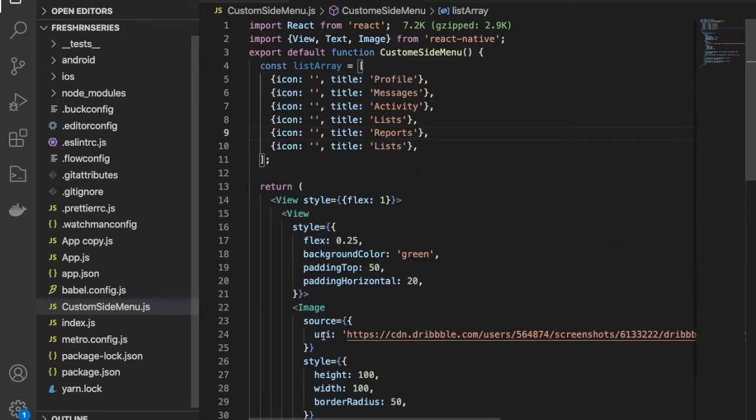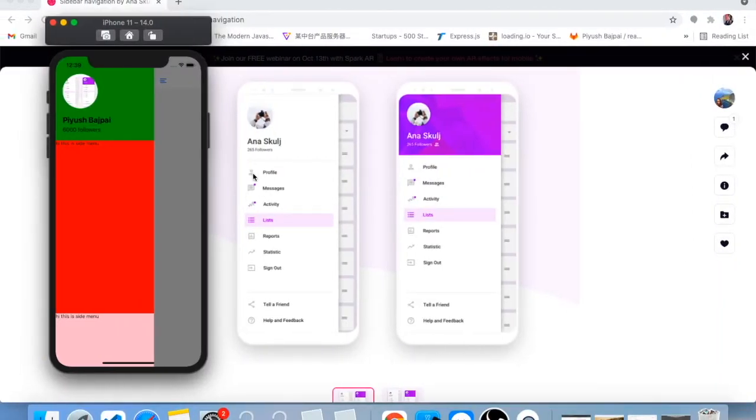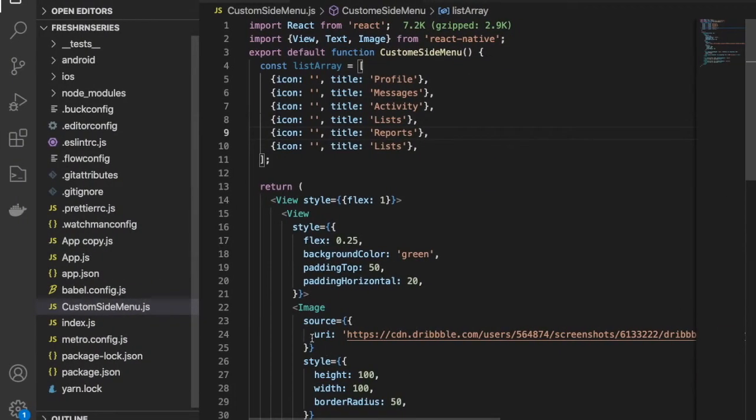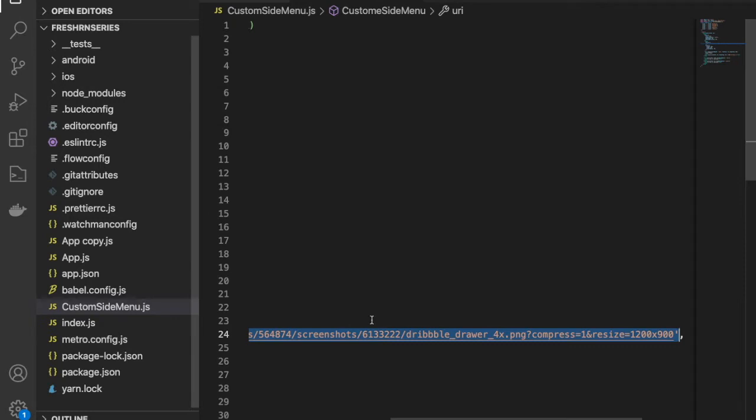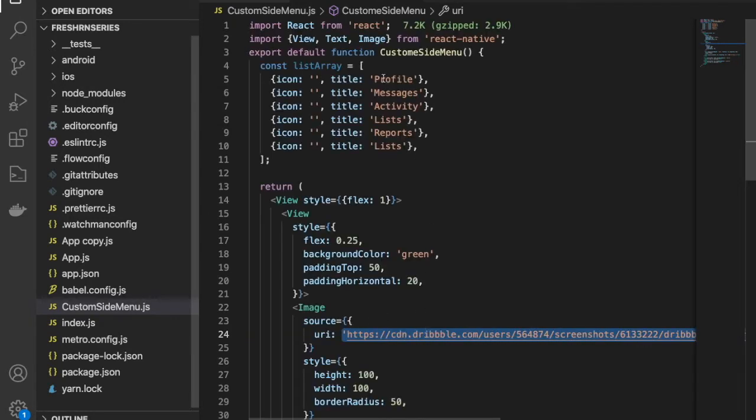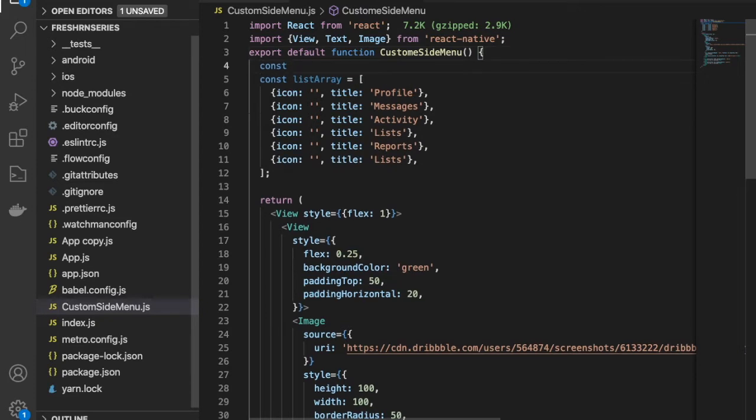But right now I do not have any of the images like user image, message image. So for now, per se, I'm going to use this image. Okay, so I have this const common image, let's say.